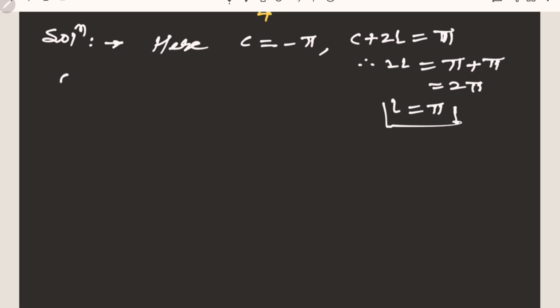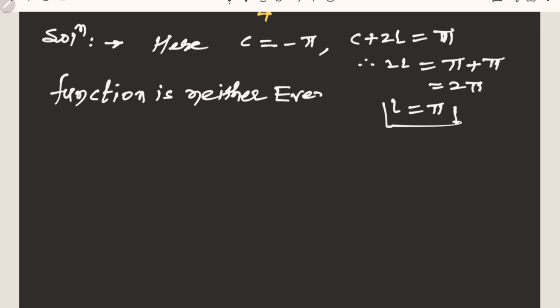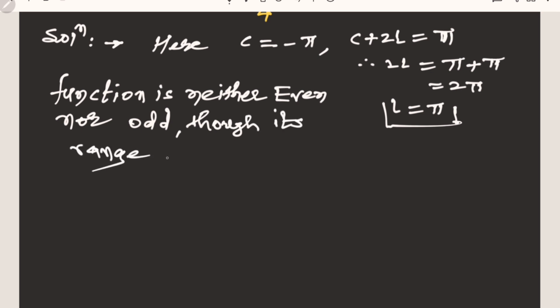If you observe the terms, the range is minus pi to plus pi, which means we can check the function for even or odd. But this function is neither even nor odd, due to one of the values of the function being 0. The function is neither even nor odd, which means we have to go for the full range Fourier series. That full range Fourier series is given by